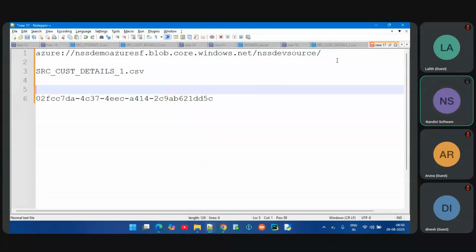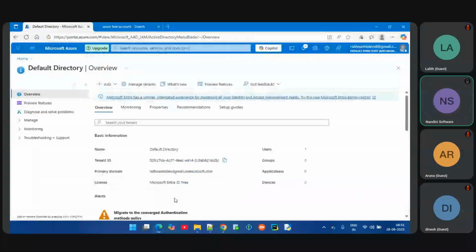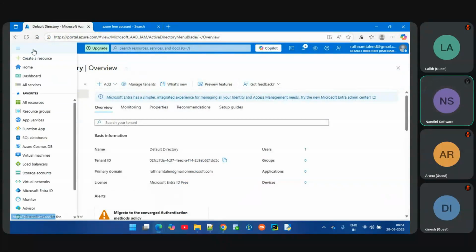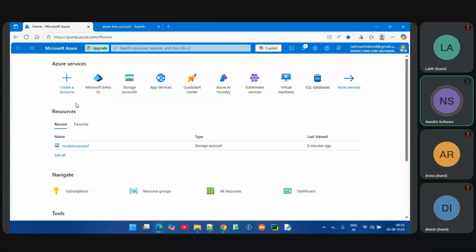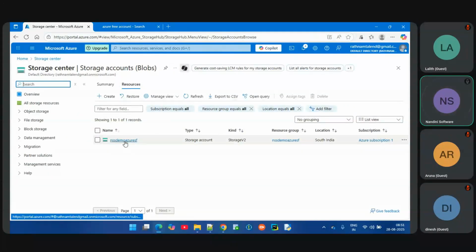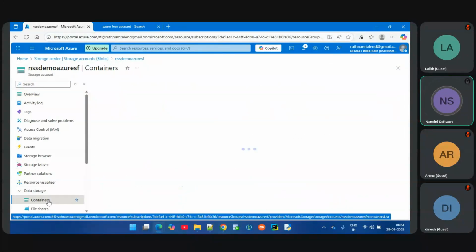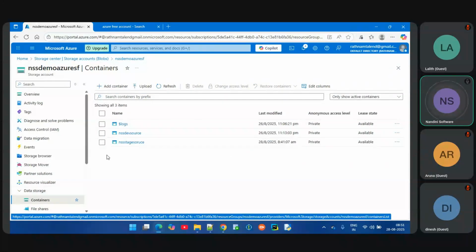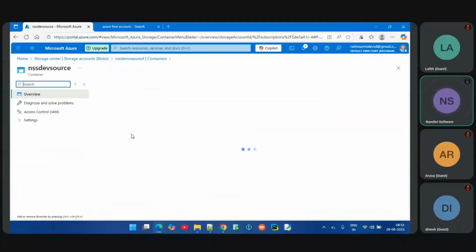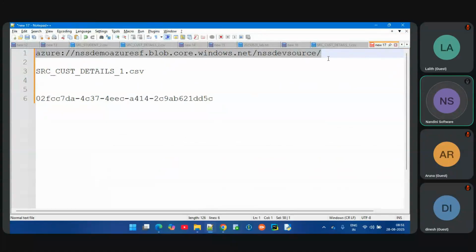Where will we get this path, team? Let me show you one more time. Let me go to the Azure portal. Once you are logged in, simply go to the home page. When you go to the home page, the storage account is there. In the storage account, open whichever storage account you created. Come to the containers, the blob storage containers. This is where I'm storing the data. So dev I'm storing. Come here and let me copy the URL. When you copy the URL where the files are located, this is the path I'm